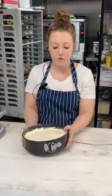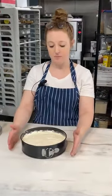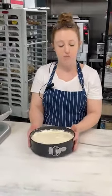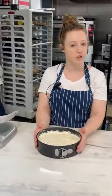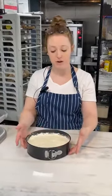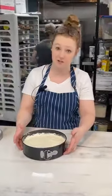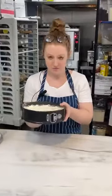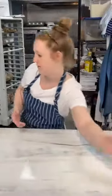You can also dunk this whole thing in a nice pan of hot water as well. If you're gonna do that, I would wrap this in aluminum foil, pop it down into that hot water just for a couple of seconds. That way that's gonna release for you on the side. If you don't do the aluminum foil, however, you might run the risk of getting water up into your crust, and you don't want that, because then you're gonna get a soggy crust, and no one wants a soggy crust. So once it's in the fridge and once it's set,